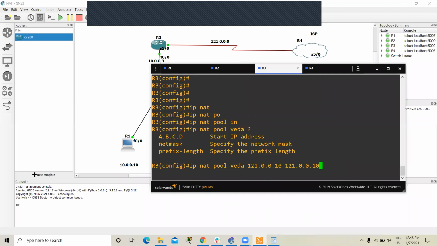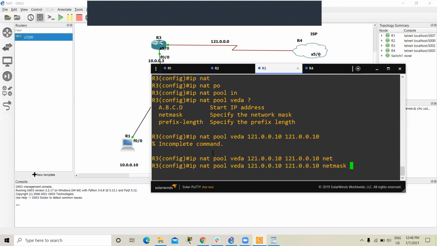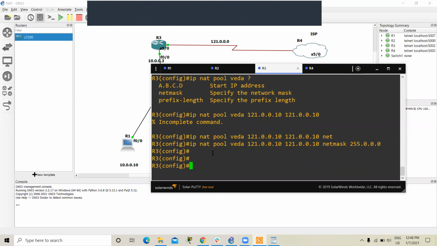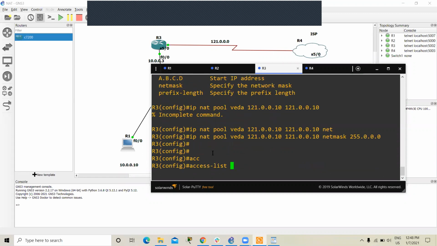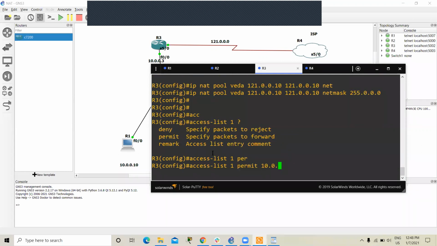Here we can specify only one public IP because PAT translates many private IPs into one public IP, and in real-time scenarios we use PAT only. Then netmask 255.255.255.0. access-list 1 permit 10.0.0.0 0.255.255.255.